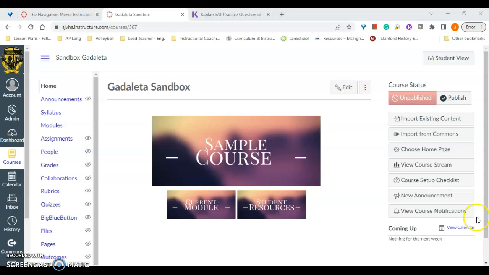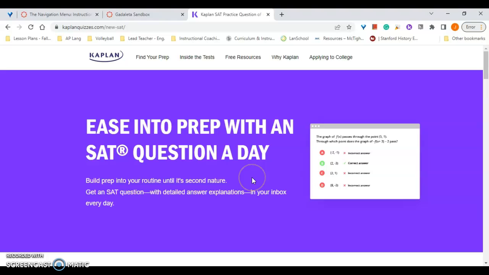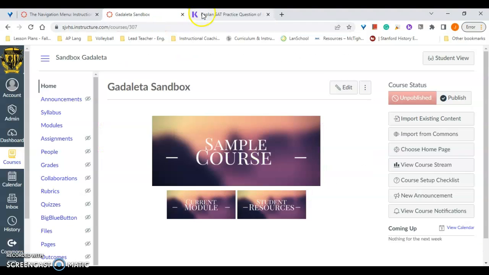If you have a website outside of Canvas that you're going to use frequently in your class, it's not a bad idea to link it right here in the navigation menu so that students can easily access it. For example, when I taught the SAT prep class, we always started with a do now for question of the day. So it's easy to link question of the day on my Canvas page so students don't have to go